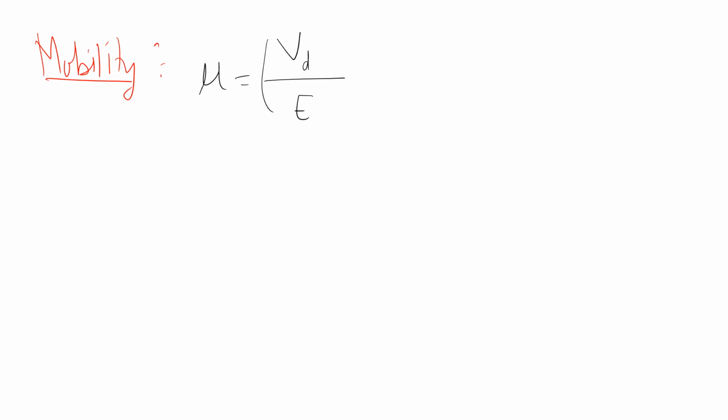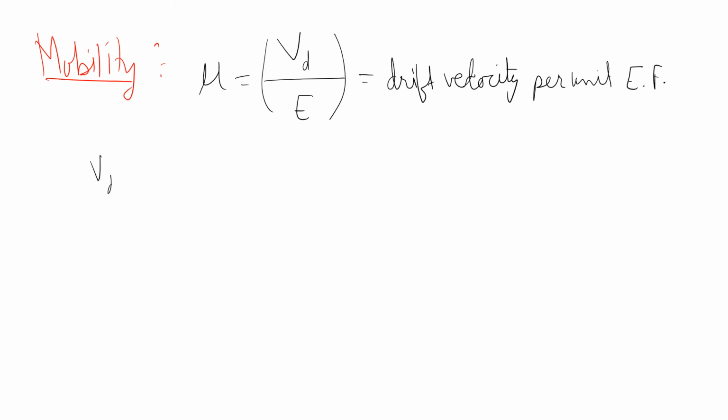Next I am going to tell you about mobility. Again it is represented by mu. The simple definition is Vd over E. It is defined as the drift velocity per unit electric field. You can write it simply: drift velocity per unit electric field. So if I put the value of Vd, Vd is equal to